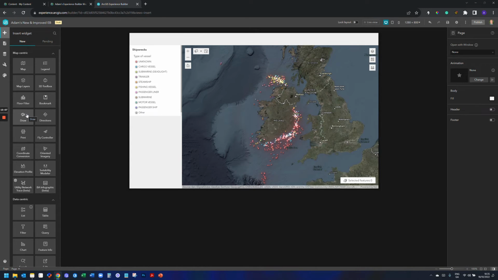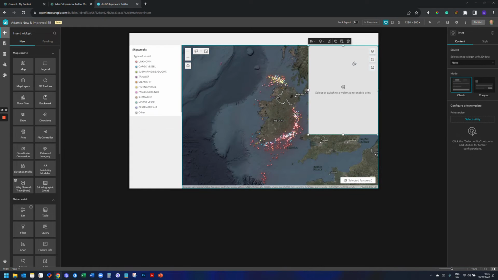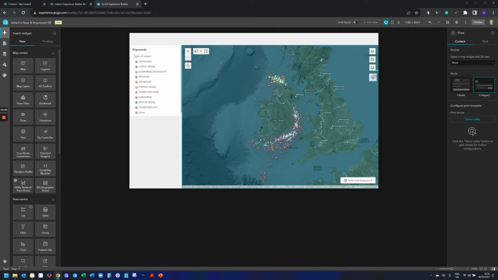There's draw, which enables your end user to sketch things. You can do that as well. You can do directions. Print is quite a good one, because if I put a print widget up here, and again, I'm just dragging and dropping. You'll notice by default this comes in quite large, but there's also options, right? Because I've now added this to my experience, I now have different options, and I can say, you know what, actually I want this to be compact, and I want it to be in line with these tools up here. So what I can do, I can zoom in down the bottom,